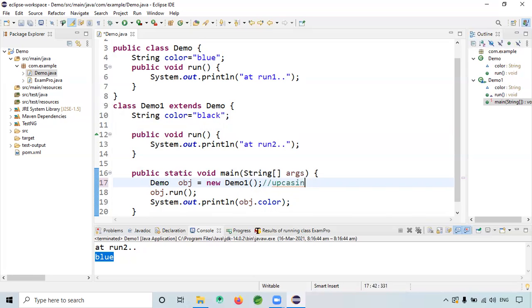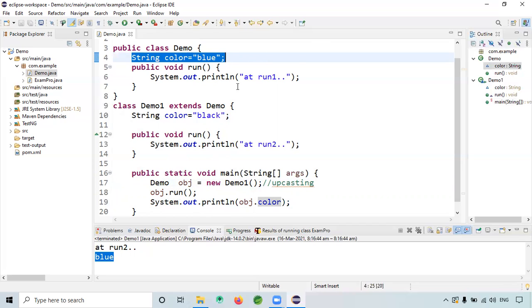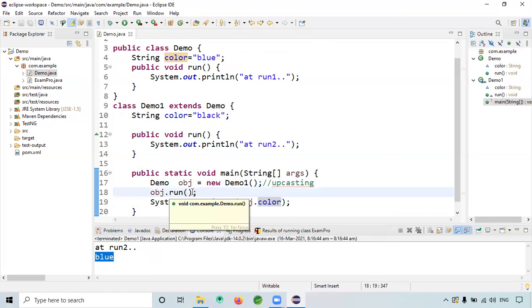This is very, very important. So object.color means it was just pointing to the superclass data member actually. Yes. So that is the weird behavior of an object's data member.